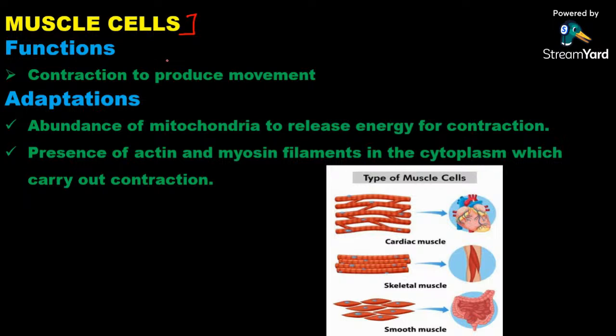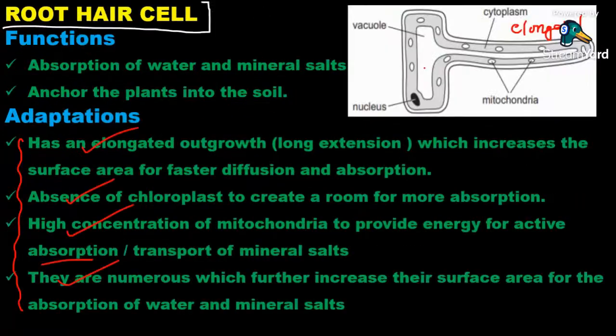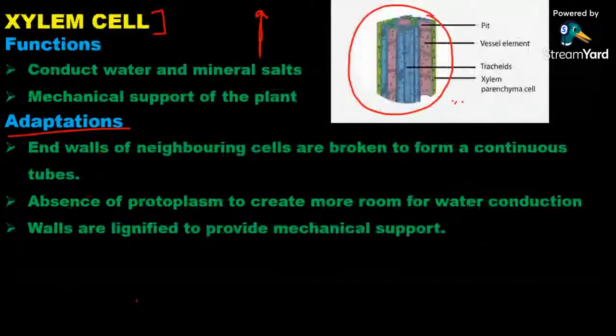Muscle cells, as the name suggests, you know where they are found. And by the way, I forgot to mention where the root hair cells are found. The root hair cells are found at the end of the root. If you have a plant, we have large roots, and at the end of those roots, the fibrous ones that you see, are the root hairs. In short, these are microscopic. So in short, they are found in the roots. Then, of course, the xylem is found in the stem, and of course, in the leaves. They are found there and in the roots.